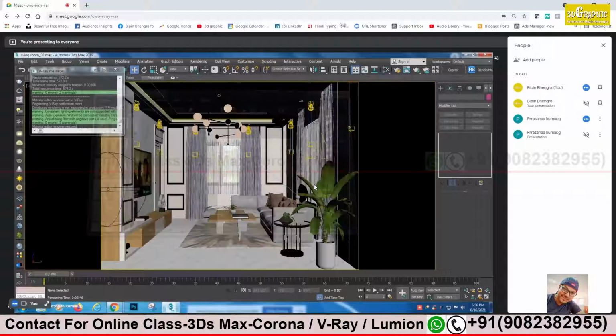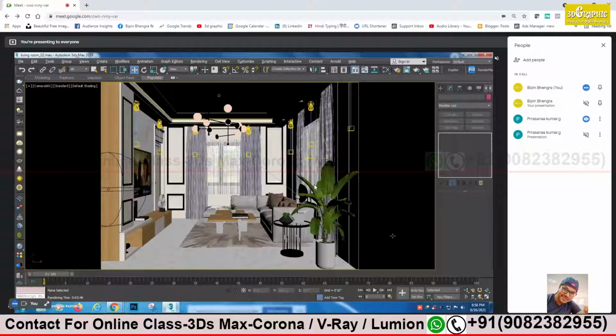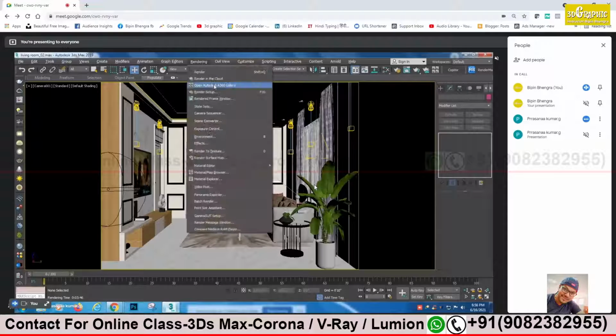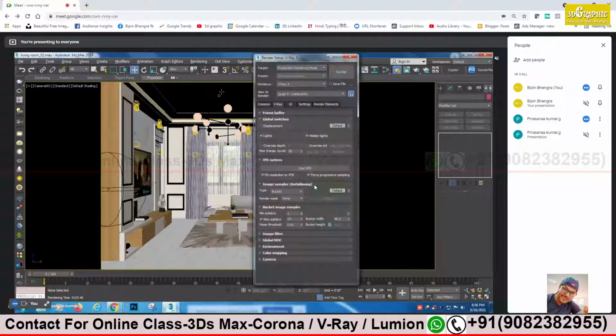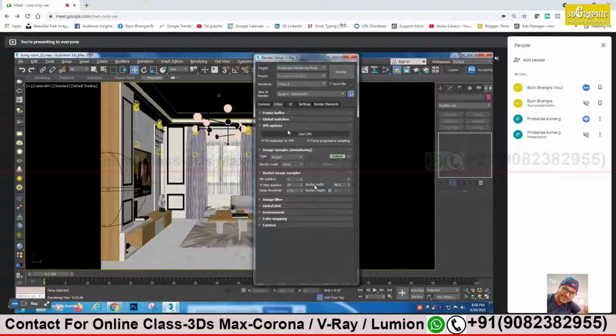So I will take a 2K file render tomorrow and keep it. Yes, take the final render with all the passes. Render settings: just go, it will be similar to whatever is there on the exterior. Start with Common. Global light, nothing we have to do. Bucket and subdivision, sir: maximum subdivision is 8. Last time I kept 8 or so.